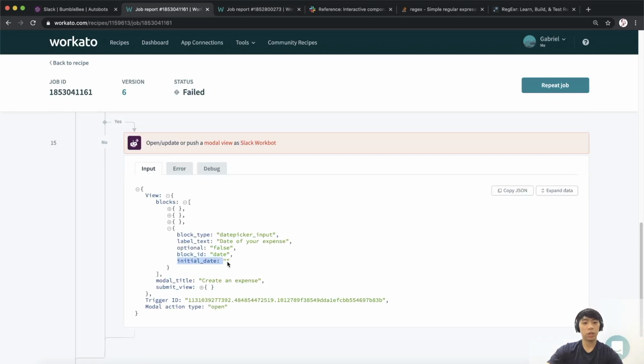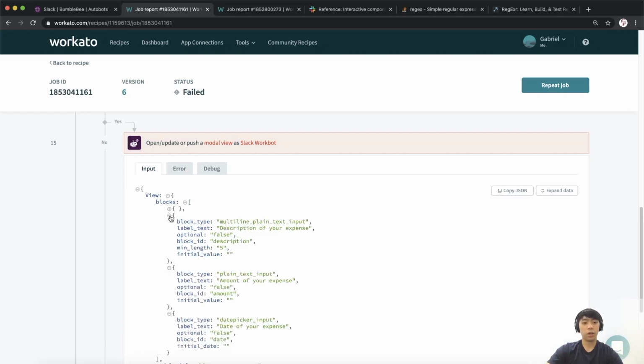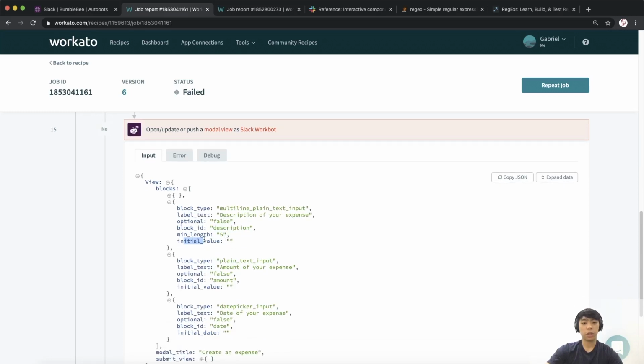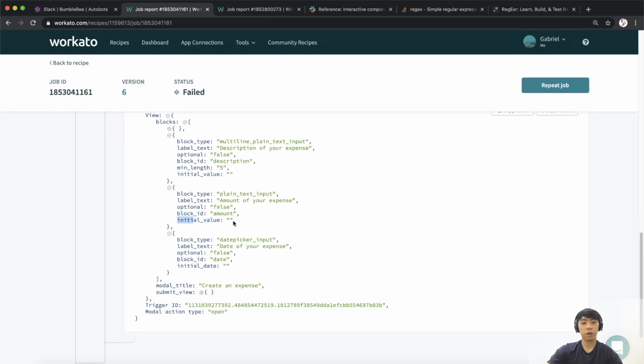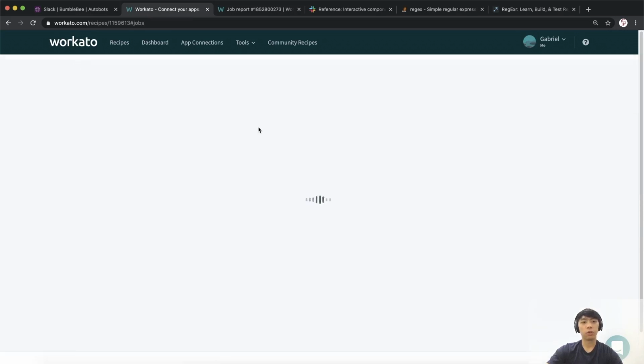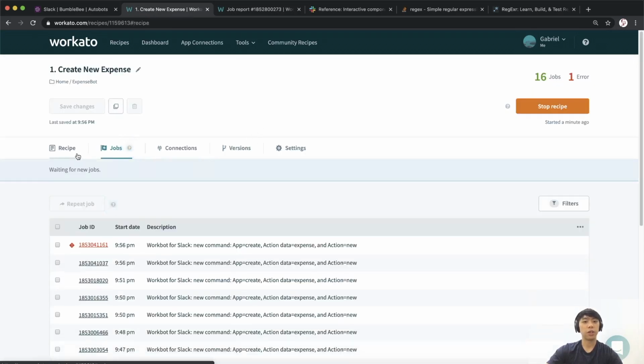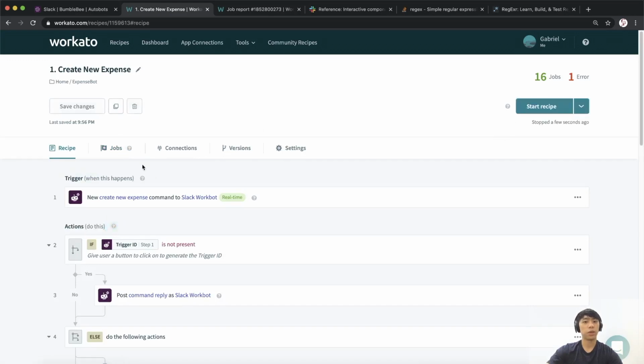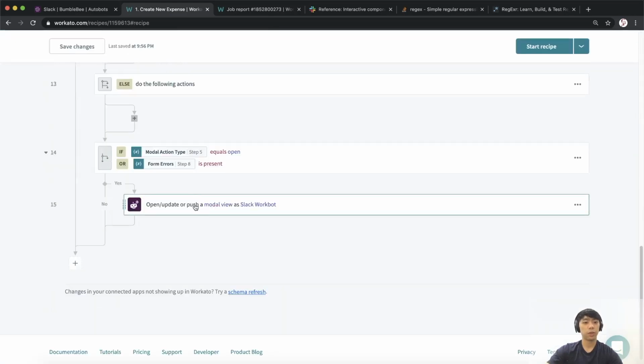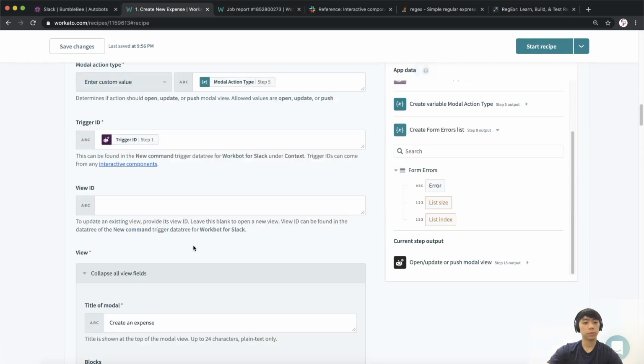And the initial date over here, when we are first opening the expense portion, it seems like we cannot simply specify an empty string. For the other scenarios, for example, for the description, it accepted an initial value of an empty string, same for amount, but date needs a proper value instead. So to fix this, we're just going to go back into our recipe and make a slight modification to this initial date. So if I come back down in here, open the modal view,